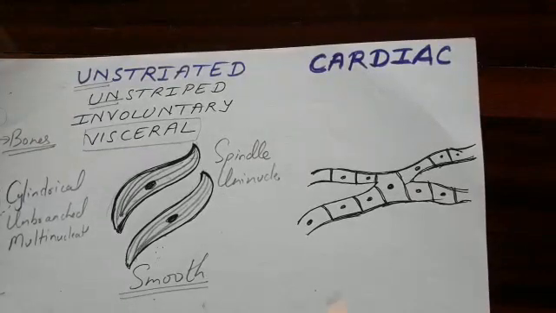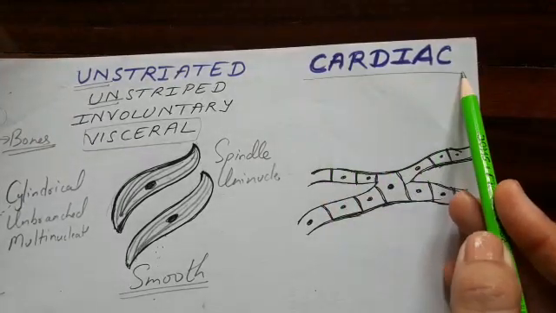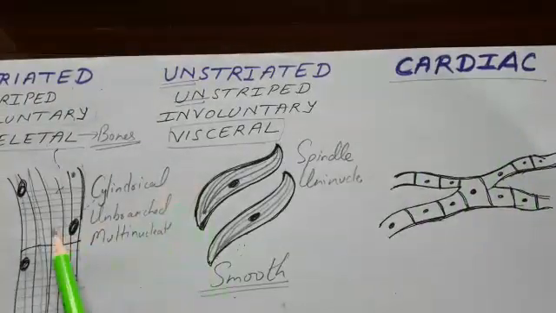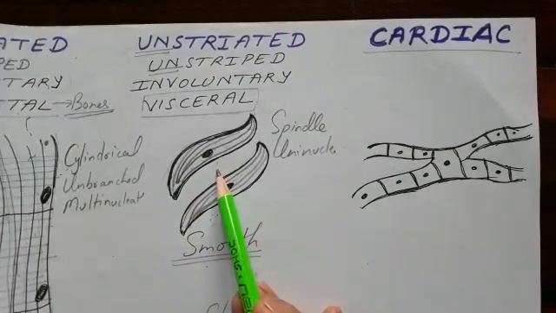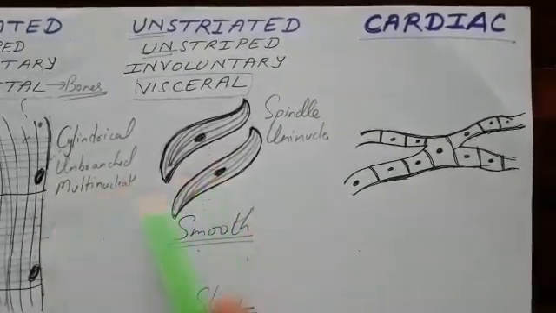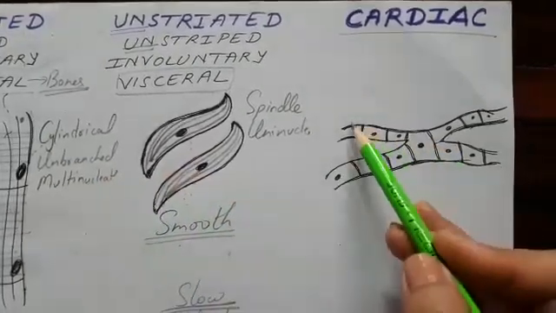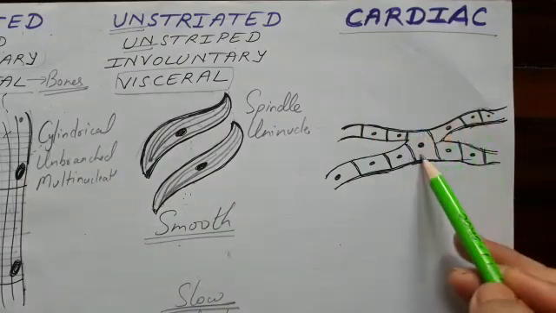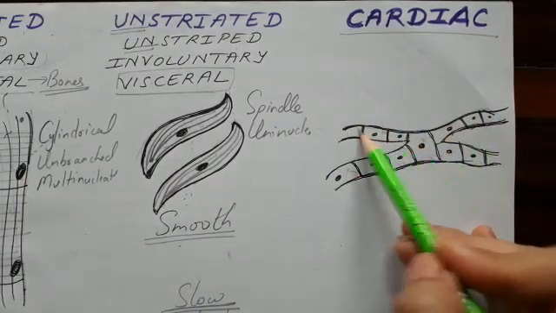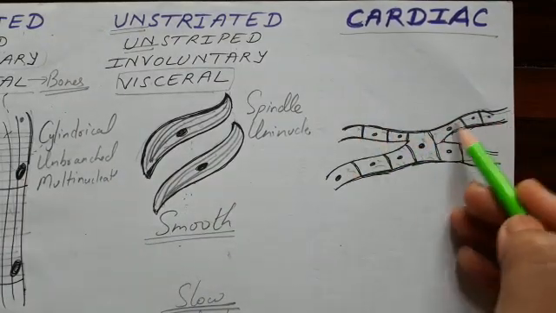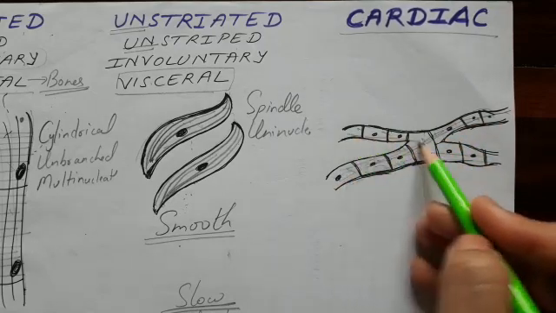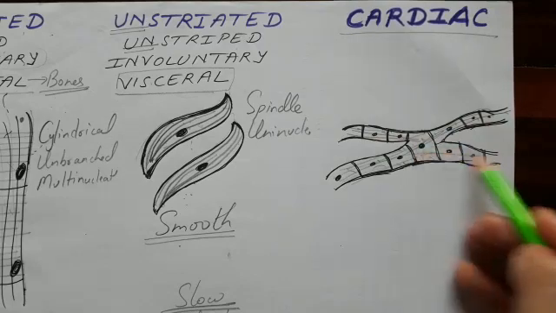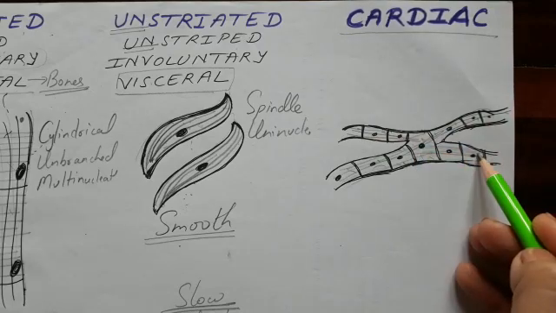If we see the third one, that is cardiac muscles, they have some of the qualities of striated and some of the qualities of unstriated muscles. That is, we can say both are mixed. They will also have an outer sarcolemma, then the fluid-like substance, that is sarcoplasm, and then they will also have the muscle fibers or myofibrils. They will also have those myofibrils present.